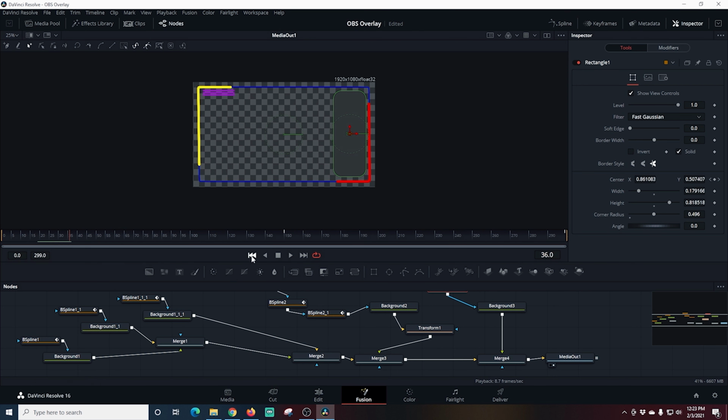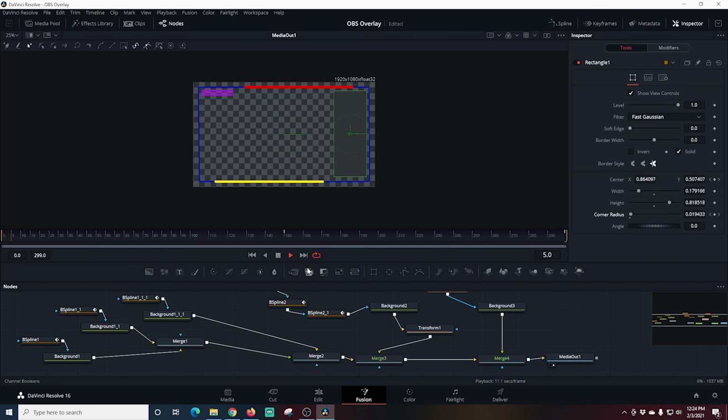Cool. Now I'm going to go back to the beginning playhead and I want to play around with the corner radius. So I'm going to make the corners really sharp at the beginning of our animation. So I'll just move the corner radius and then I'm going to click this diamond to set a keyframe there. I'm going to move to frame 150 and I'm going to make those corners more rounded somewhere in there. And then I'm going to move all the way to the end and I'm going to make the corners sharp